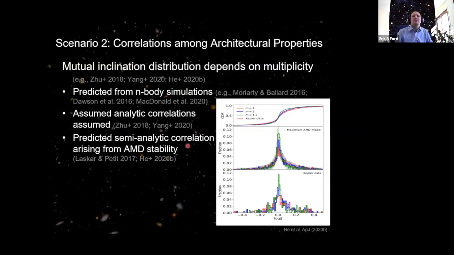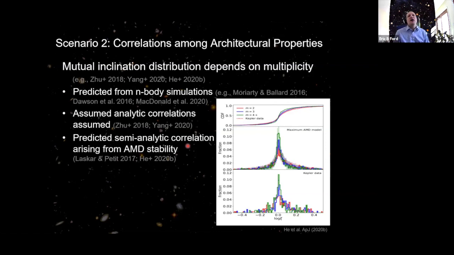Subsequently, some people have pointed out some higher order effects, statistics that can be useful for diagnosing whether these models are on the right track. And so one of the things that causes me to place a little more credence in this idea that there's a correlation of multiplicity with inclination is something that we didn't put in the metrics we use to evaluate the models, but subsequently thought we probably should have checked: how does the distribution of the transit duration ratio compare in systems where we see 2, 3, or 4 or more planets in the system?